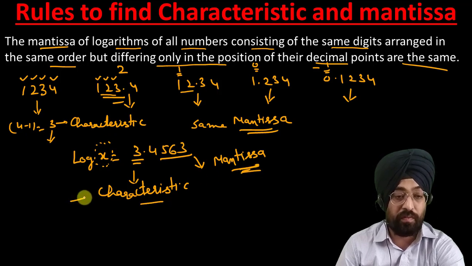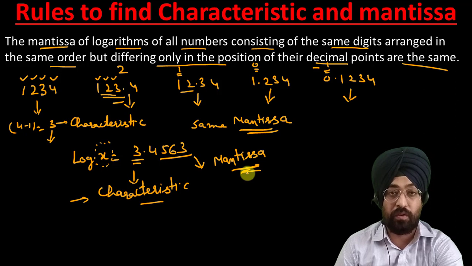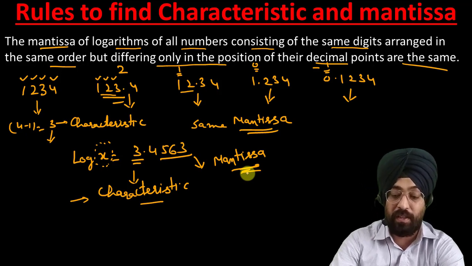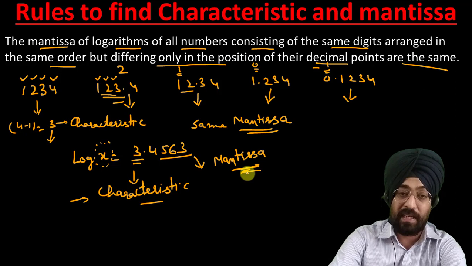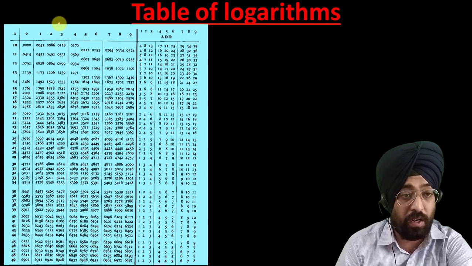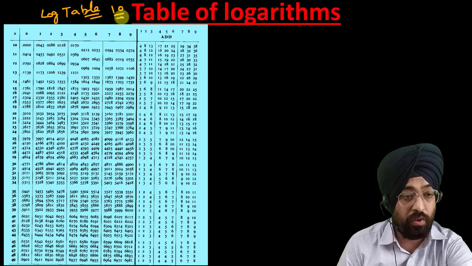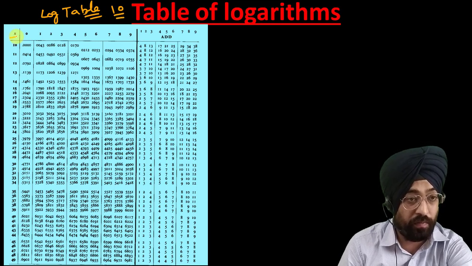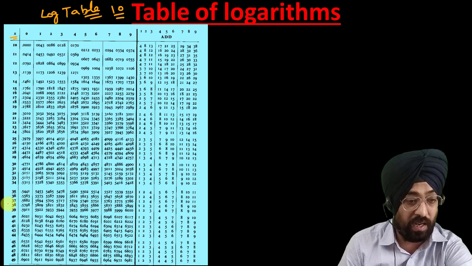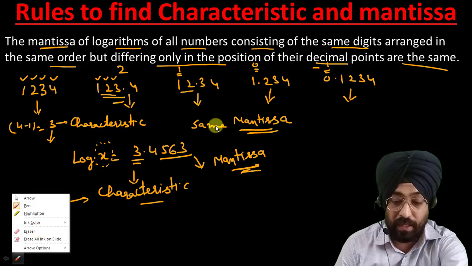There are various rules to find the characteristic, and the mantissa is found with the help of your log table. I will show you the log table, and in our next lecture we will see how we can use this table to find log. So this is a typical log table. With the help of this table we find log, and this table is with base 10. As you can see, there are numbers whose log we have to find: 10, 11, 12. It is half of the table up to 49.